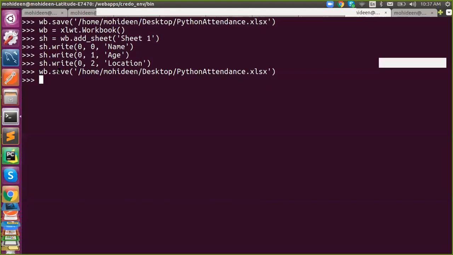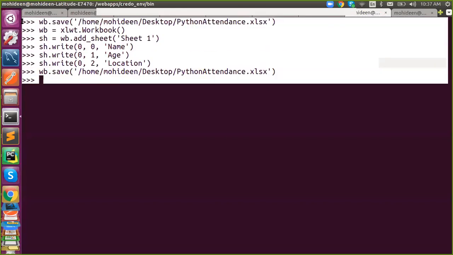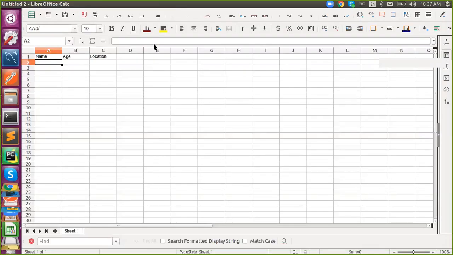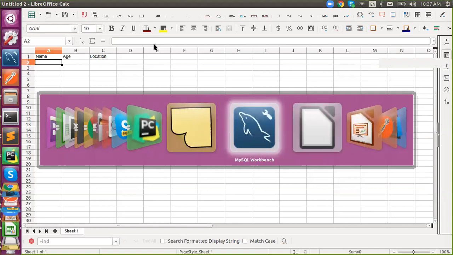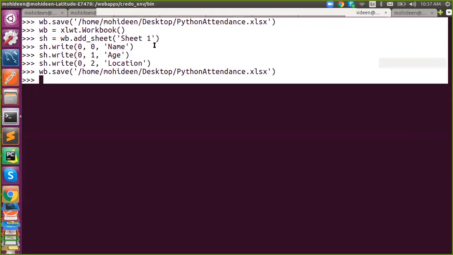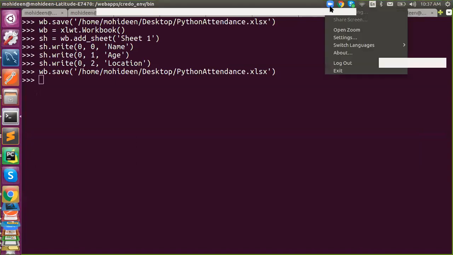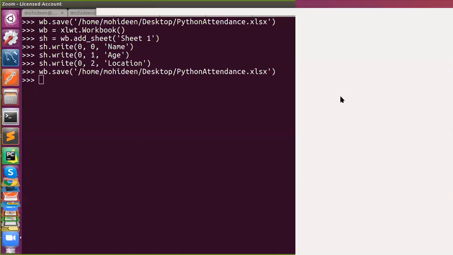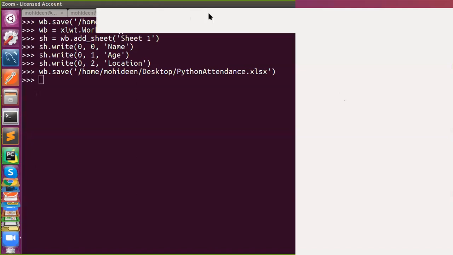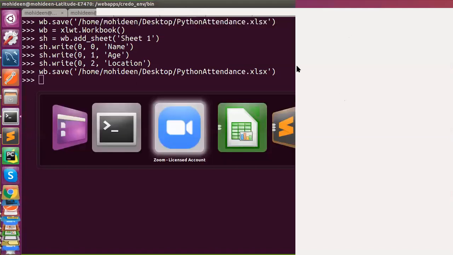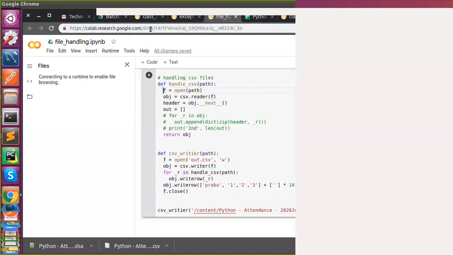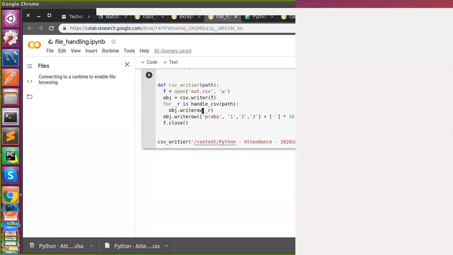Any doubts in this? I will share this. I will keep it in that file handler.